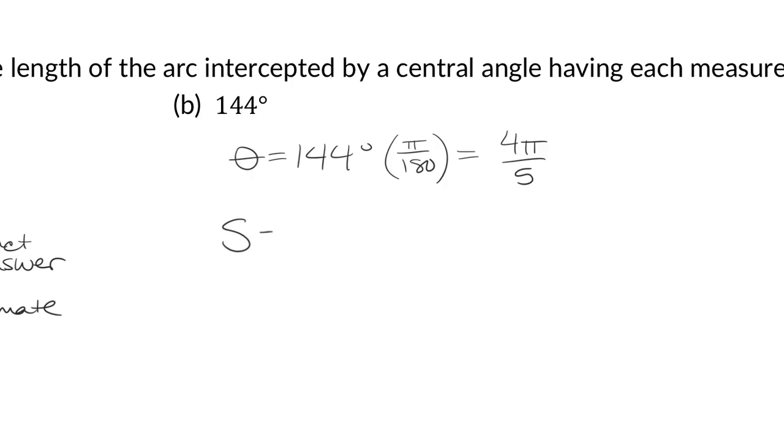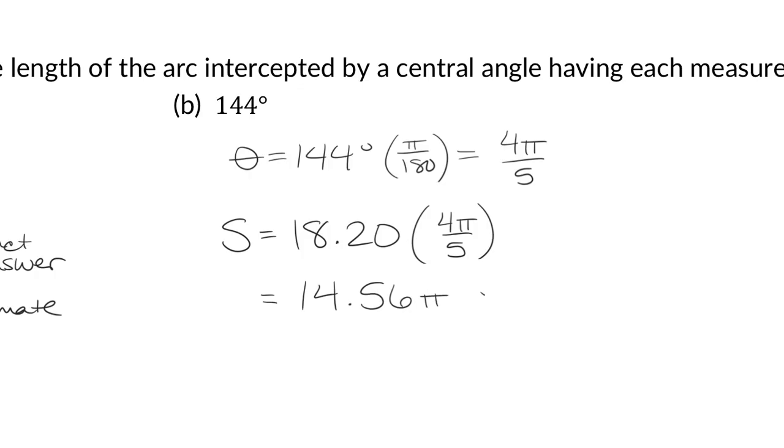Now that we have it in radians, we can find arc length. So this is when we do the 18.20 multiplied by the angle in radians. And again, let's write it in terms of pi as an exact answer, and then we'll use the pi button. So do 18.20 times 4 divided by 5. That's 14.56 pi centimeters. That's the exact answer. And then if it asks you to round that answer, you would multiply 14.56 times the pi button, which will